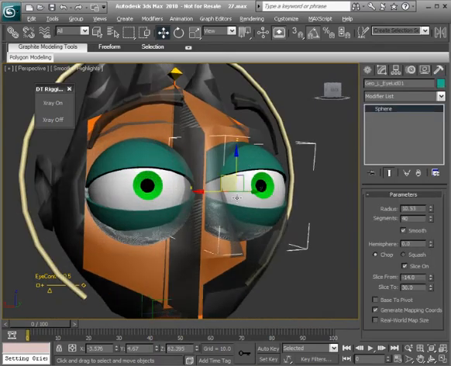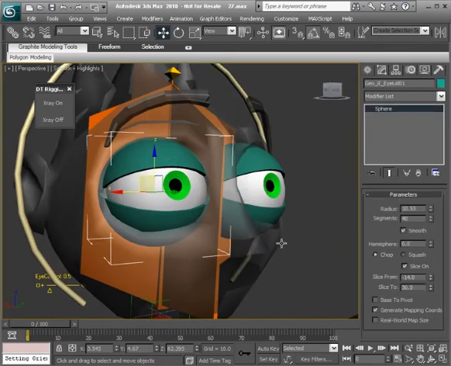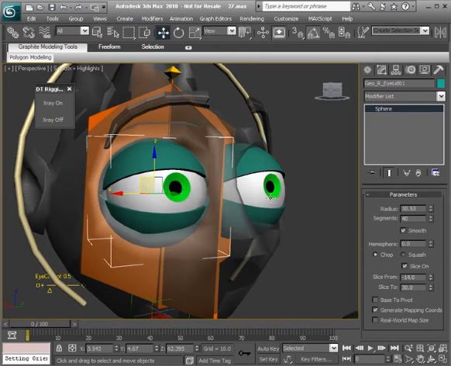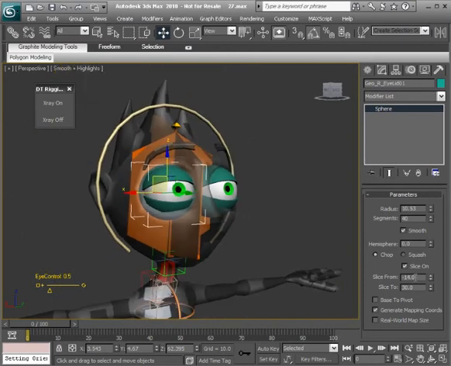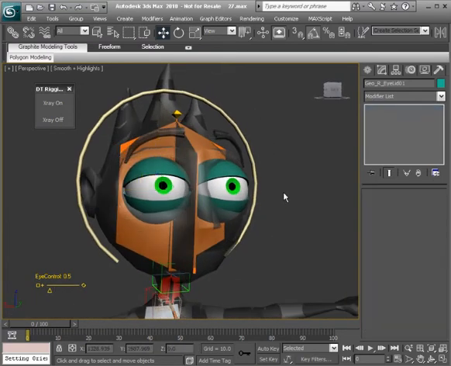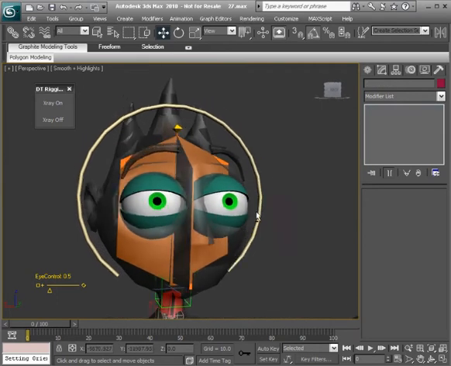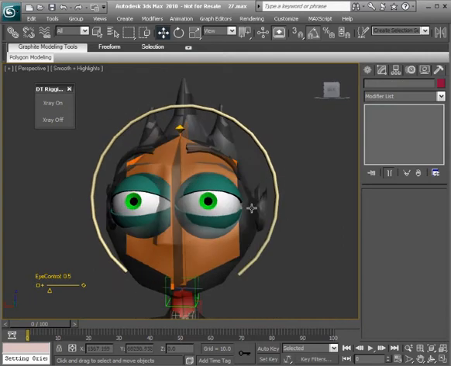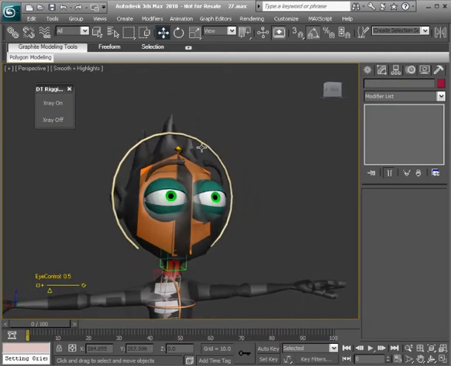Okay, now we have an interesting thing going on here because we have values that aren't set to 0, but we'll want our blink controls to be set to 0 initially so we can maintain this default pose for our eyelids. So we're going to discuss something really important here when setting up controls: we want things zeroed out, but at the same time we want to connect to other objects that aren't quite zeroed out. That'll be discussed in the next lesson, but firstly, let's create our blink